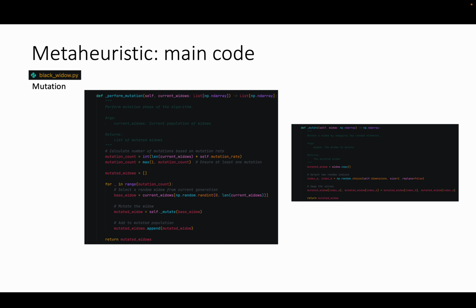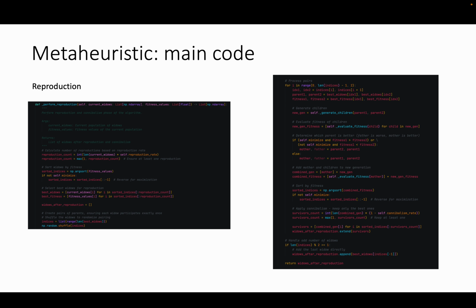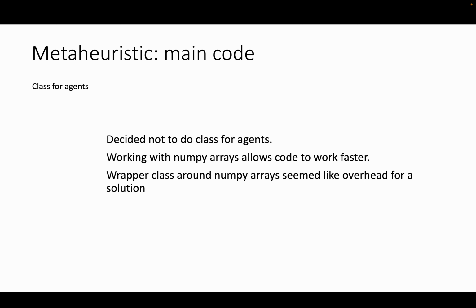By bits I mean elements of the vector of data of an agent. And here's the reproduction stage, which includes also a cannibalism stage. I decided not to create a special class for agents because I implemented agents as NumPy arrays, which allowed me to then implement functions that I optimize with NumPy parts of code, and it